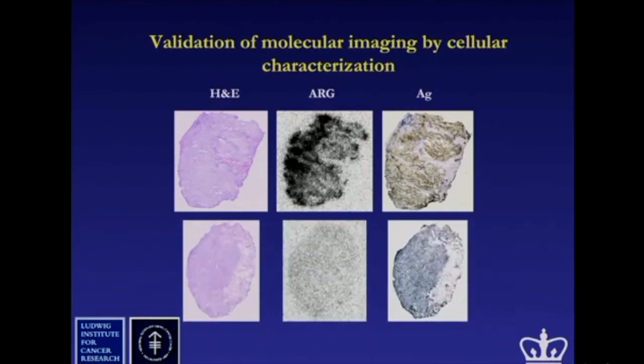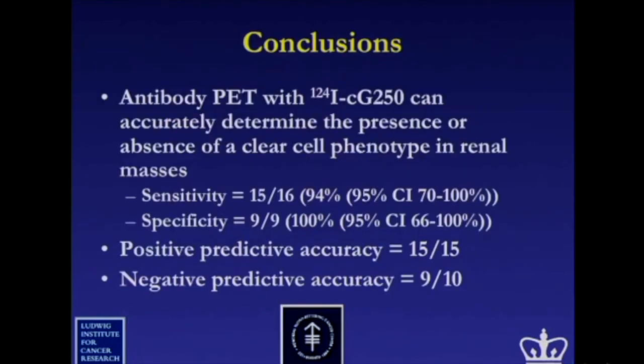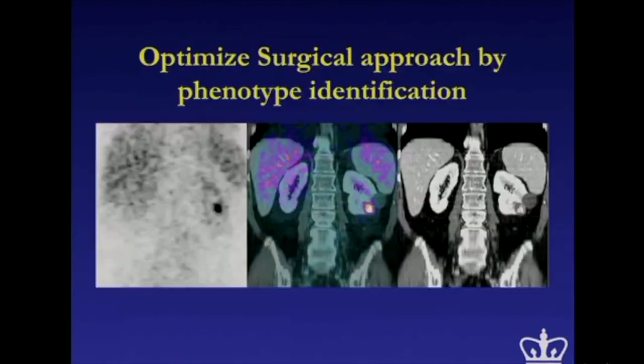So with PET and biopsy and immunohistochemistry, we were able to examine the panoply of the cancer phenotype that was made available to us. And we had great success. We had a positive predictive accuracy that was 100%. We had a specificity, in other words, we could say when there was no disease, of 100% as well. And so that gave us enough encouragement that we decided to enlarge our horizons and look at a multi-center trial that would then lead to FDA approval. So this would then be the validation study.